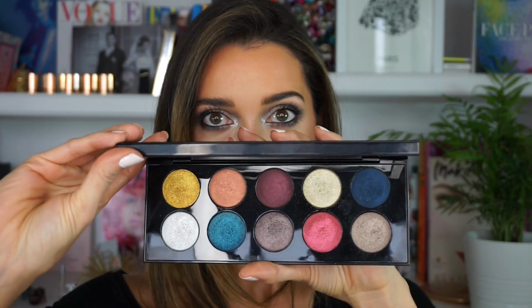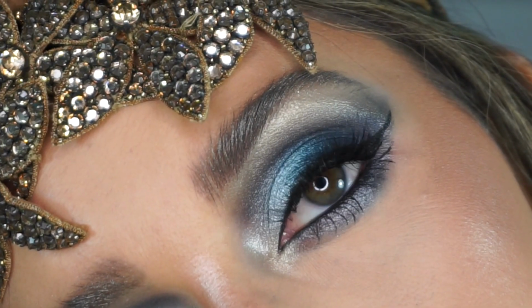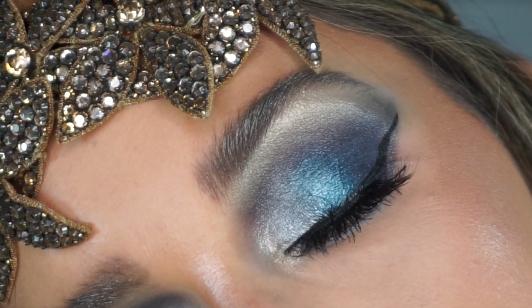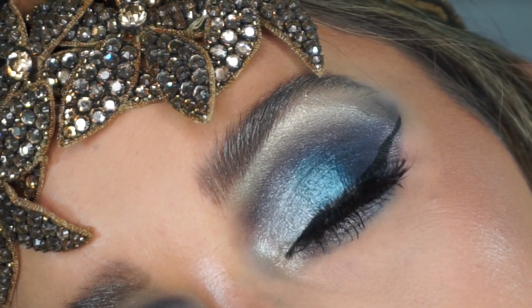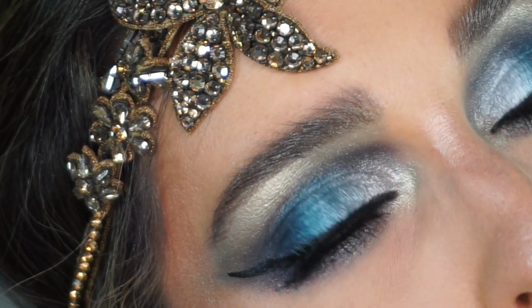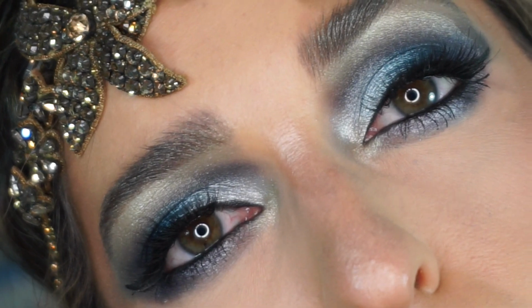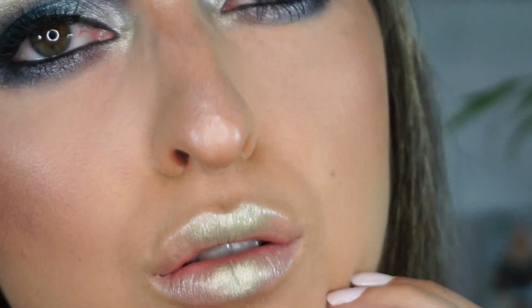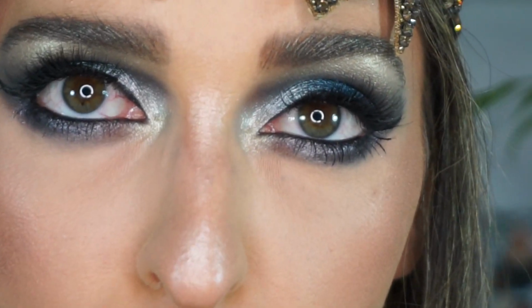4 Decadence eyeshadow palettes. If you haven't watched it already, I did a first look, first impression swatches of the palette, and the look was like a decadent look. It was like a very editorial. I got overwhelmed during the video and I didn't hide it from you guys, and at the end I was like, okay, well, let's make it something super editorial, because right now, well, you can see definitely the payoff of